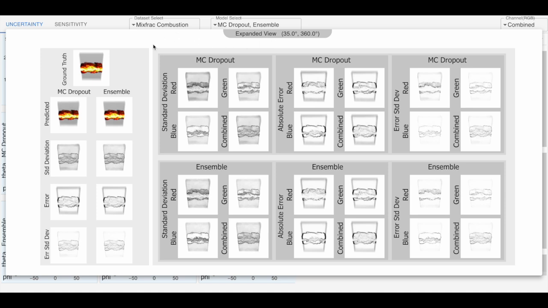In this pop-up window, we are able to see the individual color channel-wise uncertainty, error, and error variability plots for the ensemble and MC dropout methods. One observation here is that the different channels have different uncertainty and error patterns. That means that the uncertainty methods influence the prediction of red, green, and blue channels differently, and that is why the uncertainty and error patterns are different per channel,